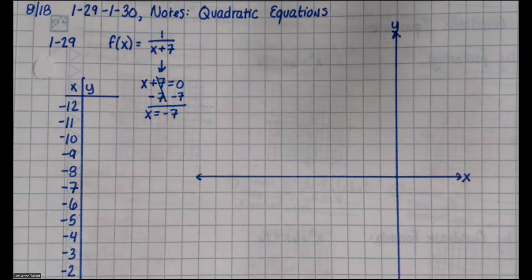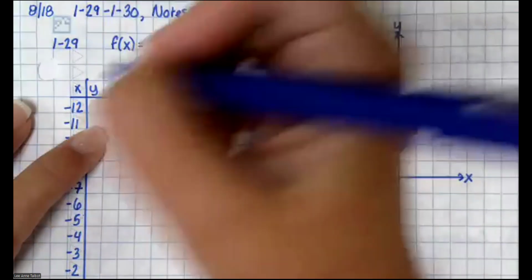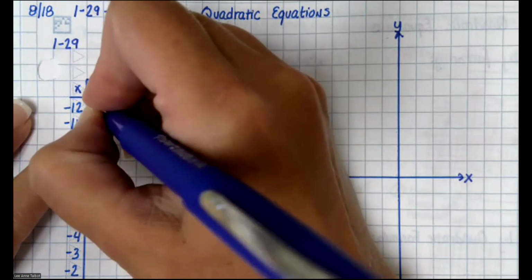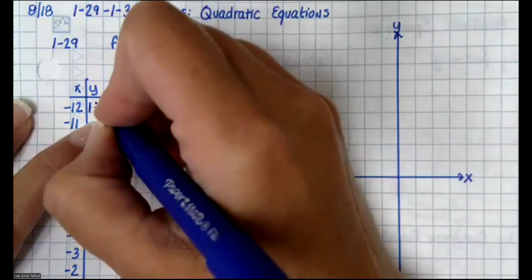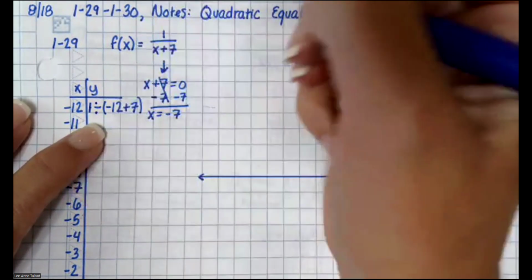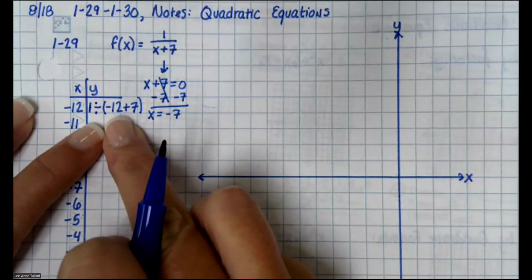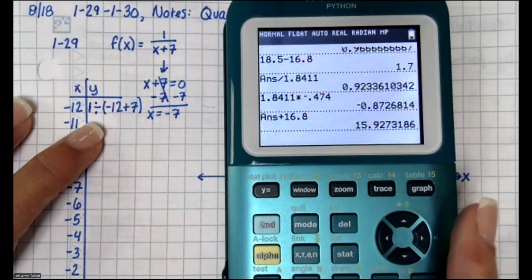Okay, now this is the most important thing. If you hear me say nothing else, you need to hear this. When you plug things in, so this is going to be 1 divided by, and I'm going to plug -12 in for x, right? But I need parentheses here, -12 plus 7. You have to put parentheses around the bottom, otherwise it will not work in the calculator correctly. So, for example,